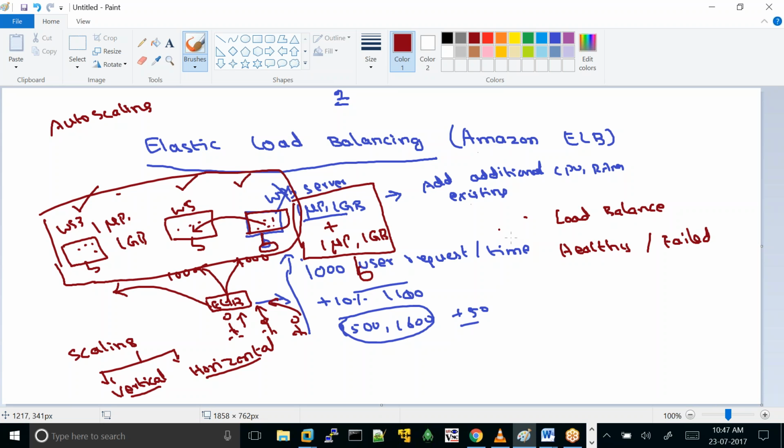Then the health check will be maintained by the ELB every 3 seconds. So we can configure this configurable parameter. We can configure this health check. It will monitor the instance, and if it finds that the instance is in an unhealthy state,